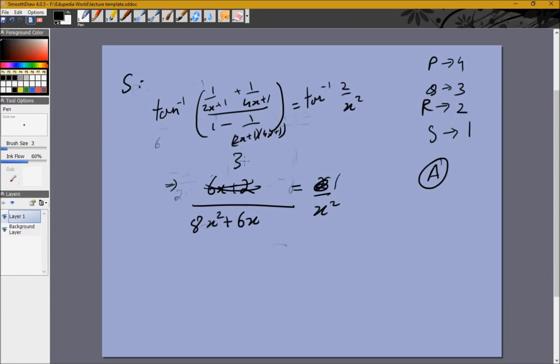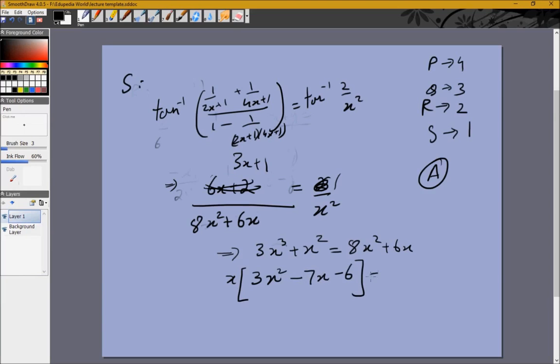This is 3x plus 1, which gives us 3x cubed plus x squared is equal to 8x squared plus 6x. Or we'll take x common, right? So x is equal to 0 is a solution, but we are asked positive solution, so that won't matter. 3x squared, this is minus 7x squared, so minus 7x minus 6 is equal to 0. Now we can easily split the middle term here,